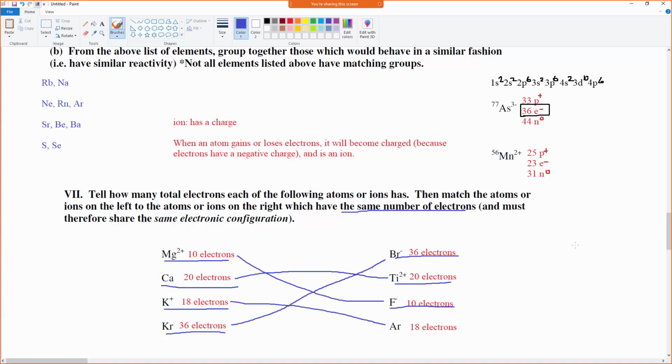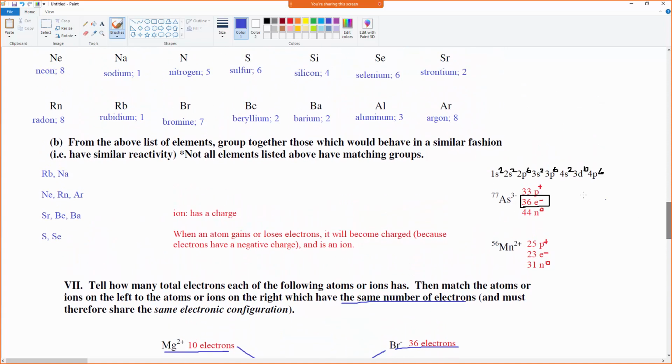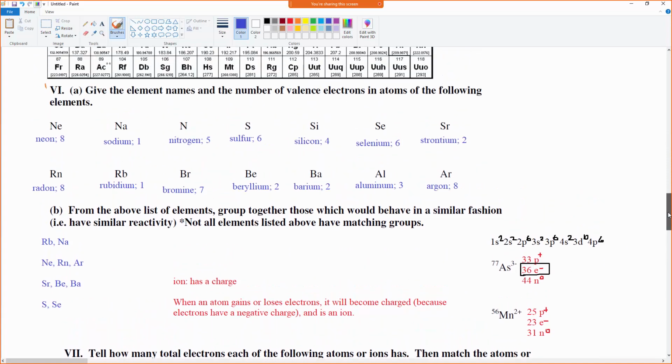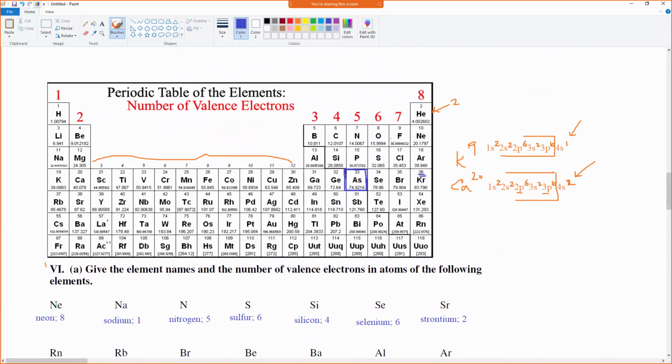Does that make sense? I want you to recognize that you don't actually have to write out the configurations to recognize that they'll have the same electronic configuration. That's an important takeaway here, right? You've been taught about electronic configuration, you could potentially write them out, but you can see that fluorine minus has the same electronic configuration as neon without having to write that out because it has the same number of electrons. Okay, that's the takeaway there. All right. Well,